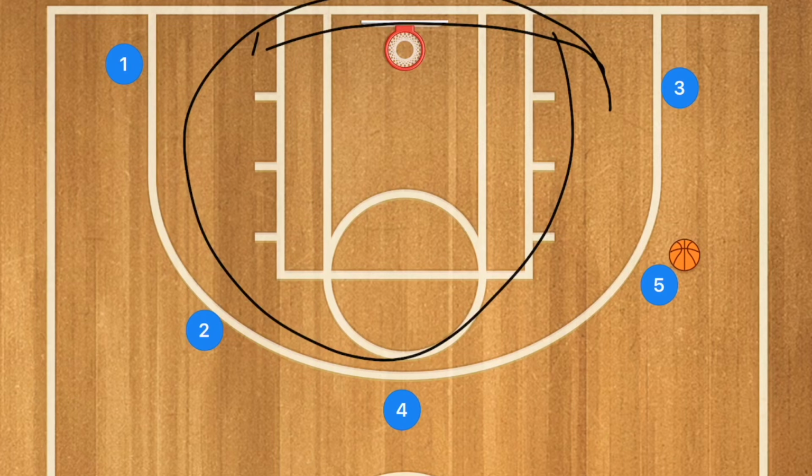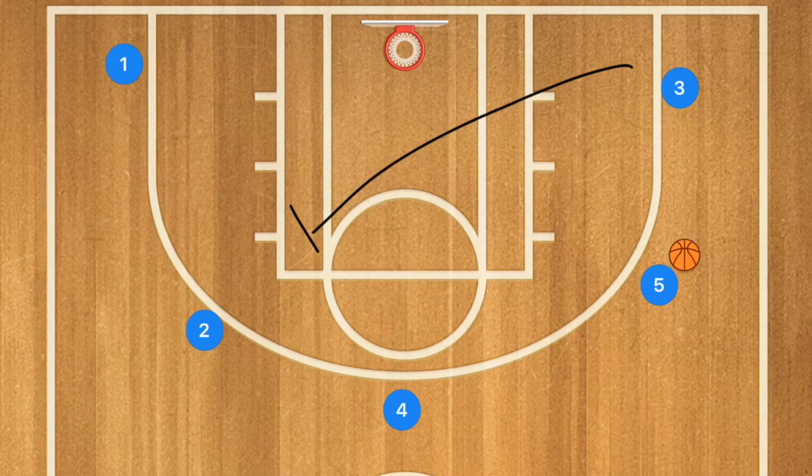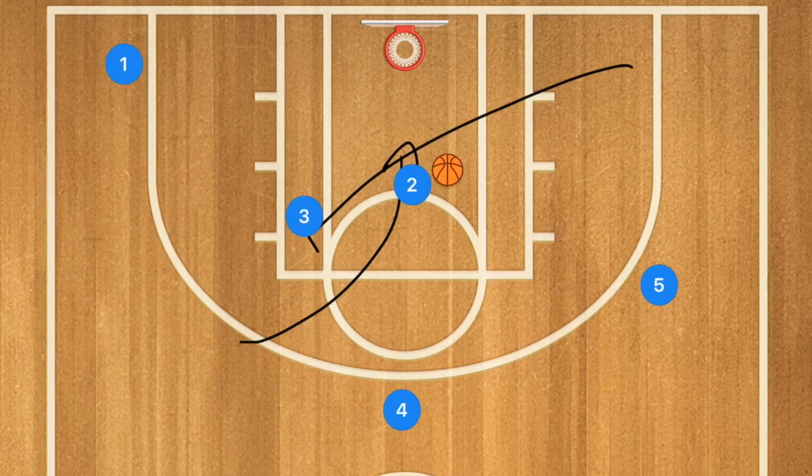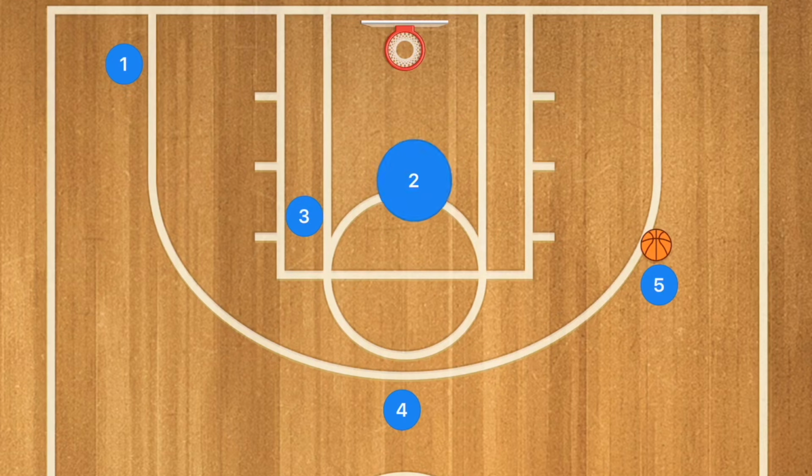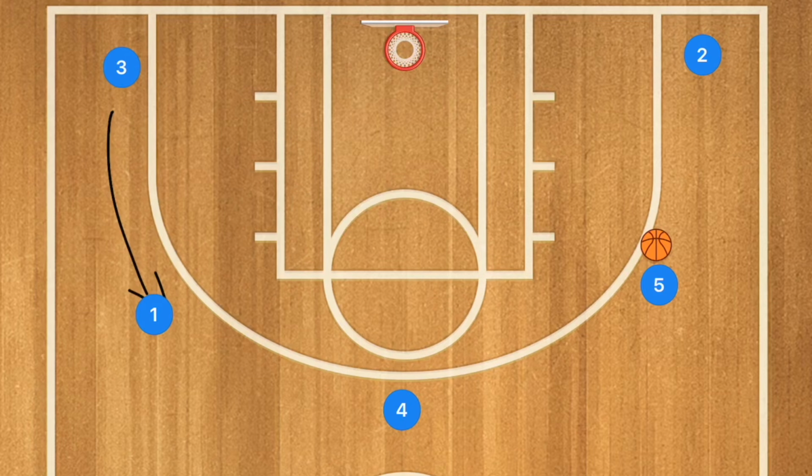So instead of setting a back screen to player 1, which would be one screen away, he's going to skip past player 1 and instead set a screen for player 2. Player 2 is going to use that screen, and player 5 could then, of course, pass to player 2 for that layup. That is an option. If he's not open, player 2 will fill out, player 1 will fill up, and player 3 will then fill